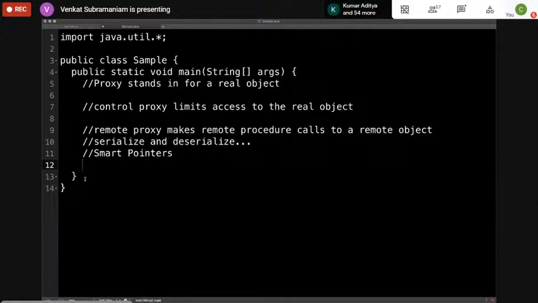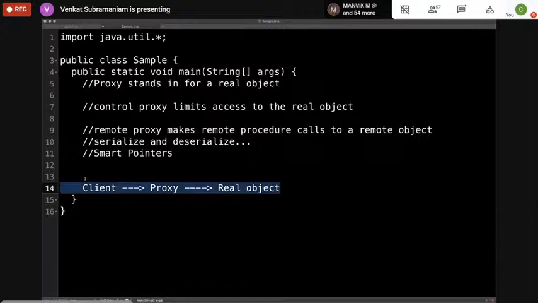So a proxy, again, notice the structure. Here's a client. And what does the client do? The client is talking to a proxy, which in turn is talking to the real object that is behind the scene. So as a result, that's a structural pattern, because again, we are talking about how the objects are arranged or structured for us to be able to provide this kind of service. That's basically a structural pattern that you are seeing in here. So thanks. So that's basically the idea, is how you structure these so that you're able to achieve your goal.